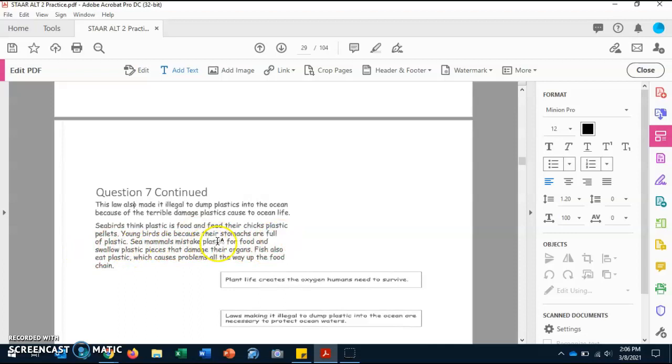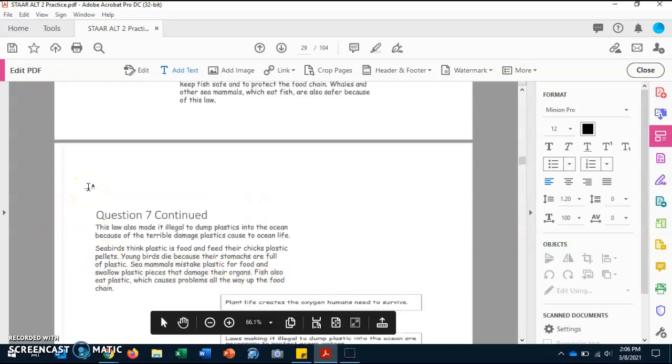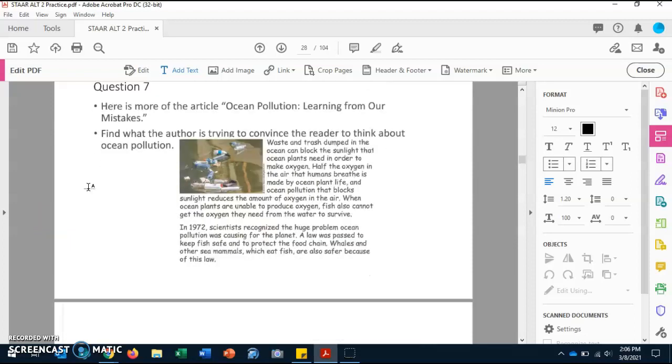Sea mammals mistake plastic for food and swallow plastic pieces that damage their organs. Fish also eat plastic, which causes problems all the way up the food chain. Now that is the end of this